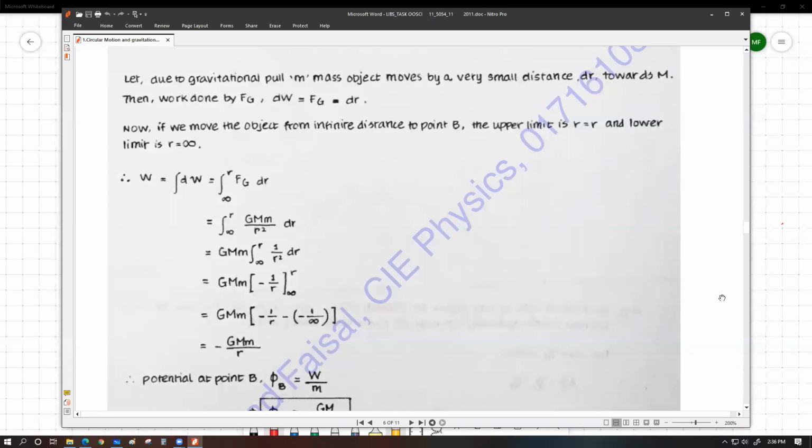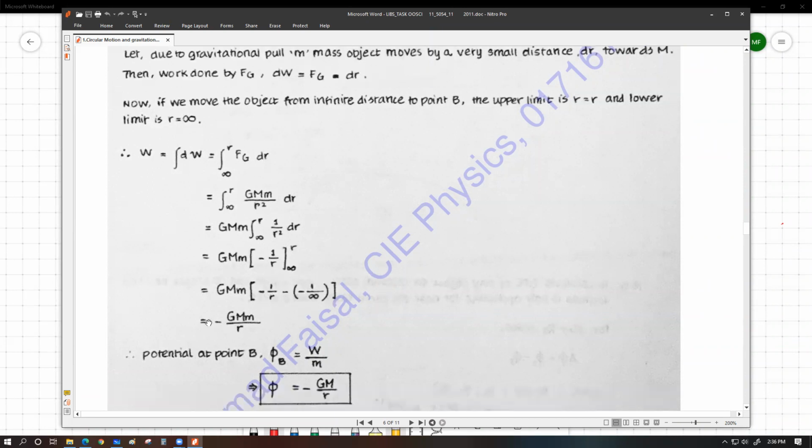Anyway, so ইন্টিগ্রেট করলে এই জিনিসটা আসবে, এই জিনিসটা আসার পর আমরা এখানে লিমিটগুলো বসাচ্ছি, খেয়াল করো। -1 by r, r to infinity, so this is -1 by r minus bracket -1 by infinity, bracket close, so this is becoming -GM by r. So ultimately এখানে এইটা হয়ে যাবে 0, আর এখানে একটা মাইনাস থাকতেছে, সো এখানে একটা মাইনাস আমাদের অটোমেটিক্যালি ওয়ার্ক ডানের ফর্মুলা চলে আসতেছে। Now you might wonder যে মাইনাসটা কেন আসছে, because like I said that